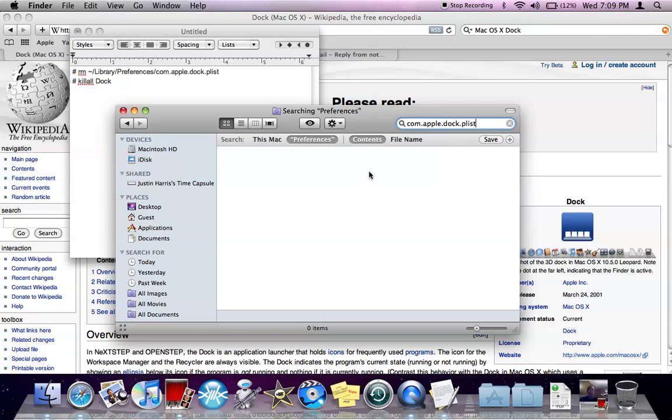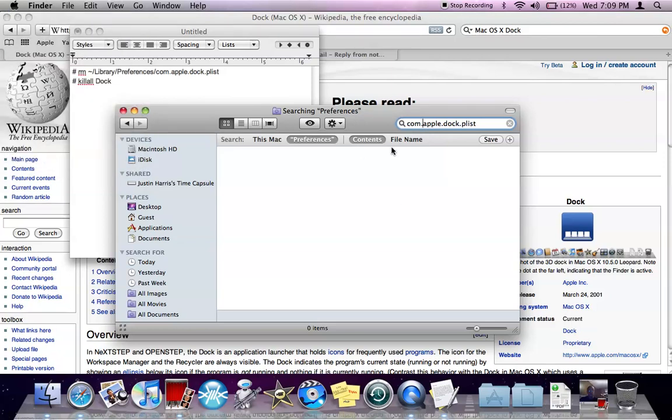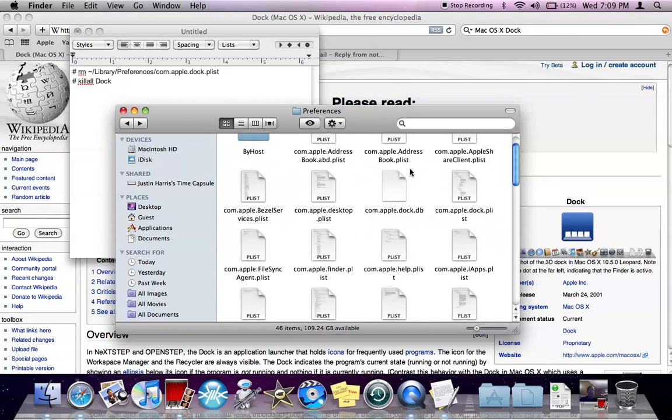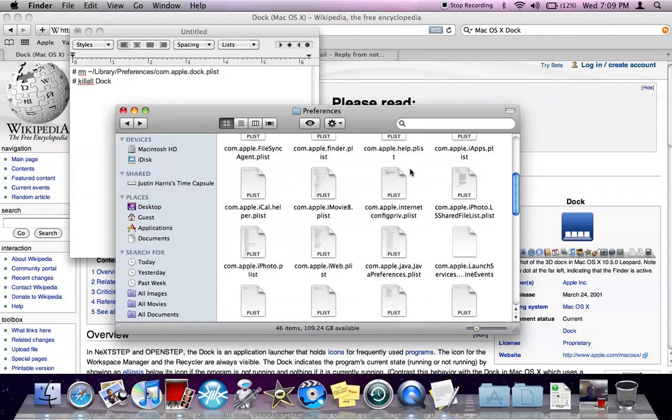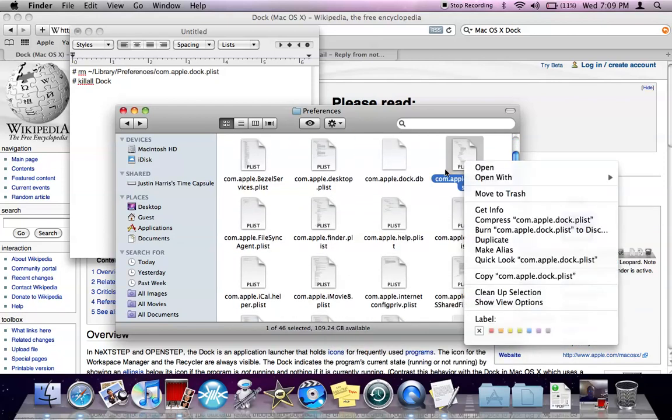folder. Now, I think I'm on a guest account right now, therefore it's not going to reset it. If I go up here, I'm on a guest account. So I don't know if it gives me access to that. But, yeah, I don't think it's going to let me do that. But if you can find this file, let me see if I can actually find it in here. Here it is. Dock. Well, I found it.